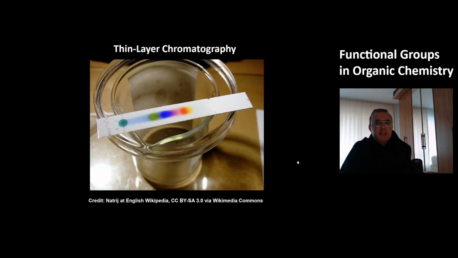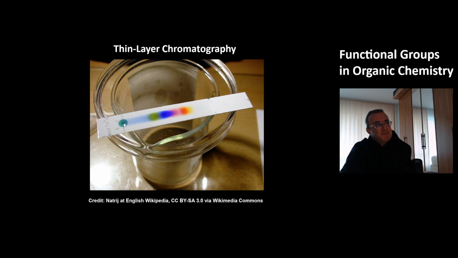This is a typical technique that's used in dye chemistry. It's called thin layer chromatography. This is how it works. You have a glass beaker. You fill it 1 centimeter high with chloroform or ethanol, and you have this special paper, coated with silica gel. And you take one tiny drop of your reaction mixture,